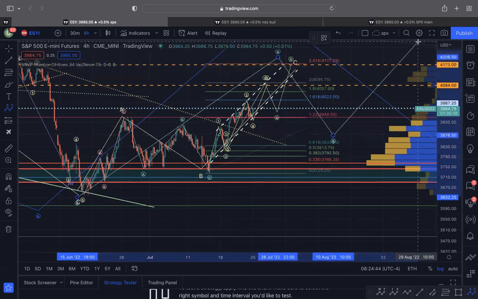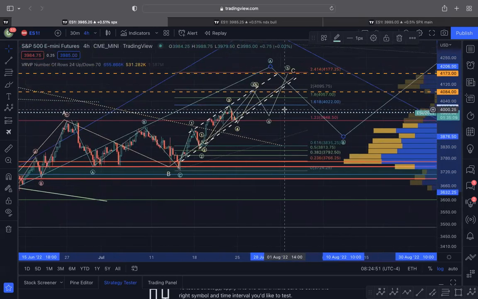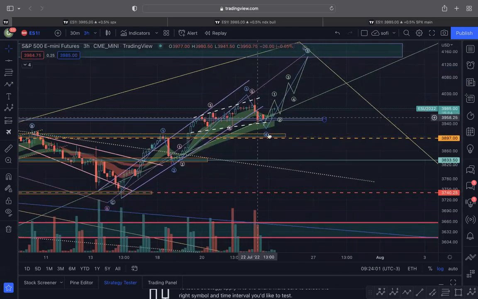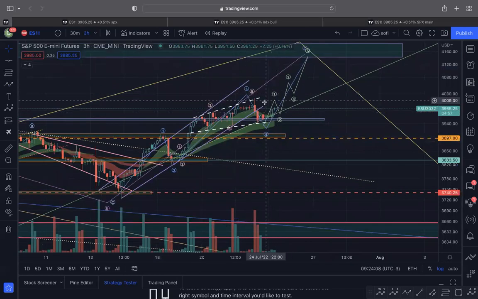But again, I'm going to go through the other scenarios that I am tracking as well, right? Because you can't be biased and be like, oh, only I know what's right, right? So the other scenario could be that this was actually your wave 4 right here. The difference is we're still in the wave 3, right? We've not completed that. Versus here, the Friday dump was the wave 4.